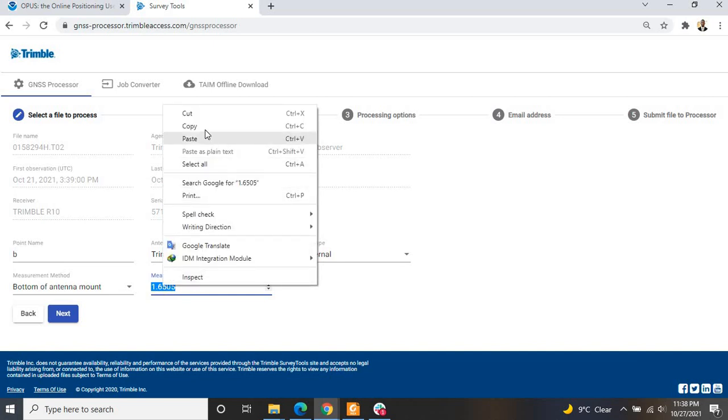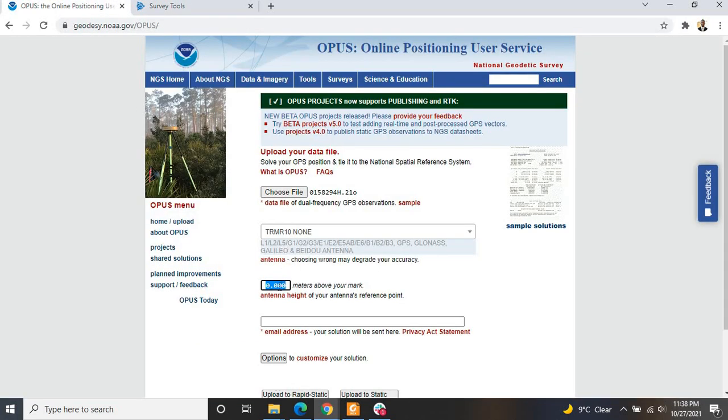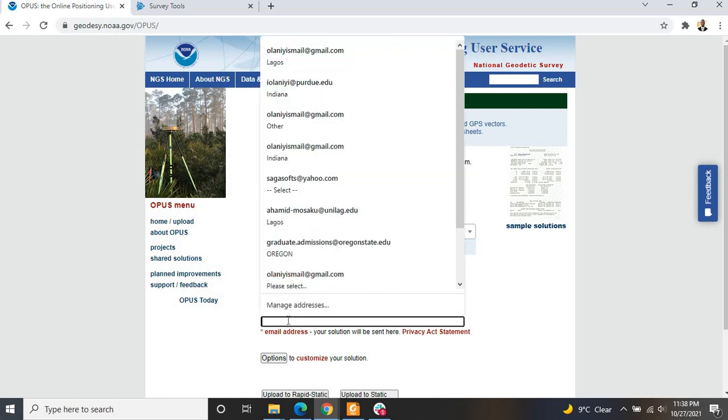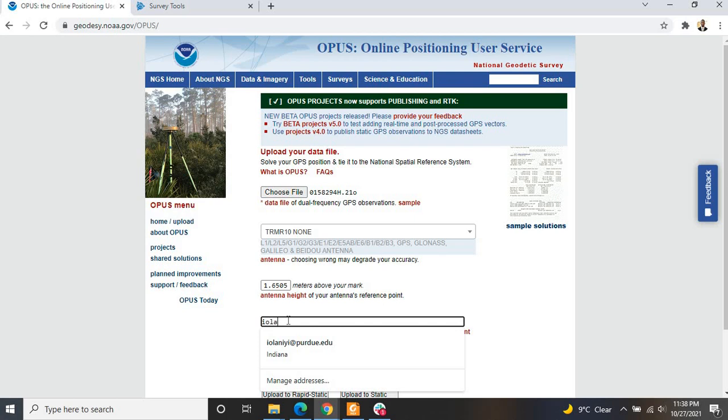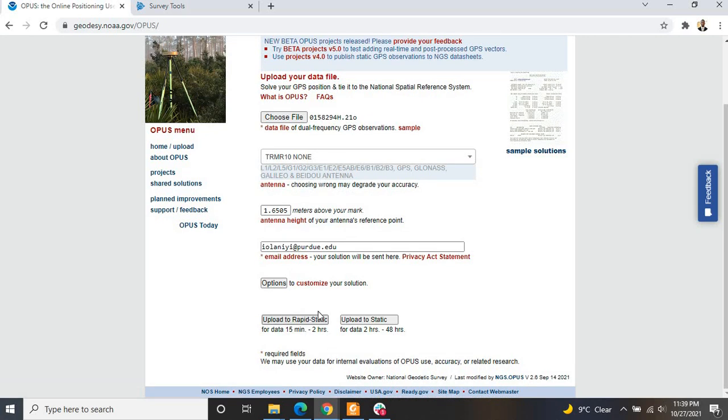You can copy this and take it to the Opus website, then paste it there. Take note, it says meters above your mark, so this is the antenna height in meters. The next thing you do is key in your email address here to get the data sent to you. After you key in your email address correctly, you click on upload to Rapid Static.